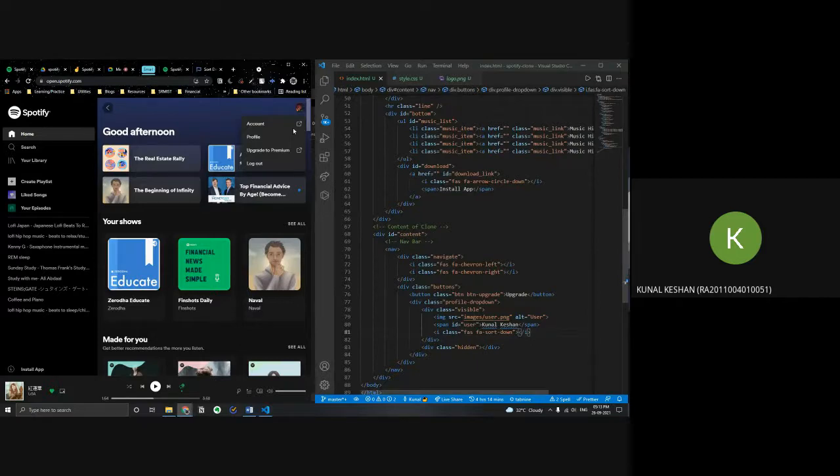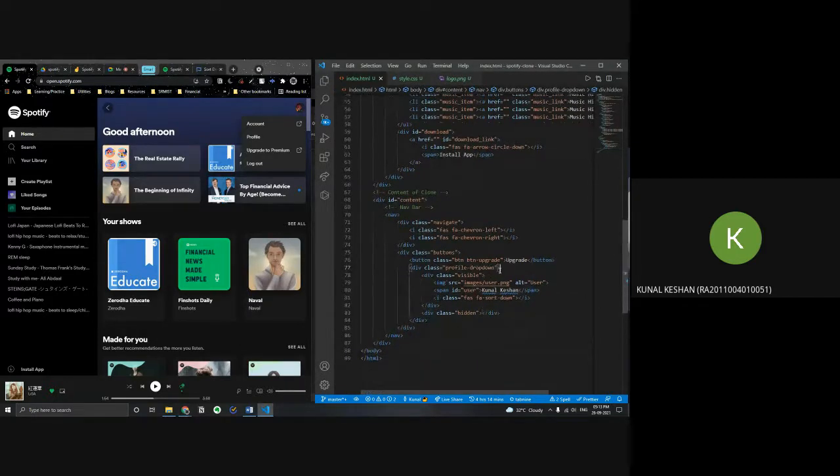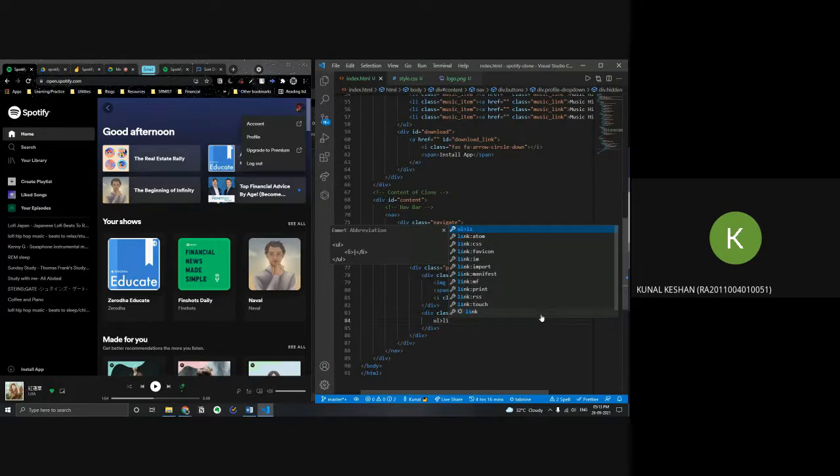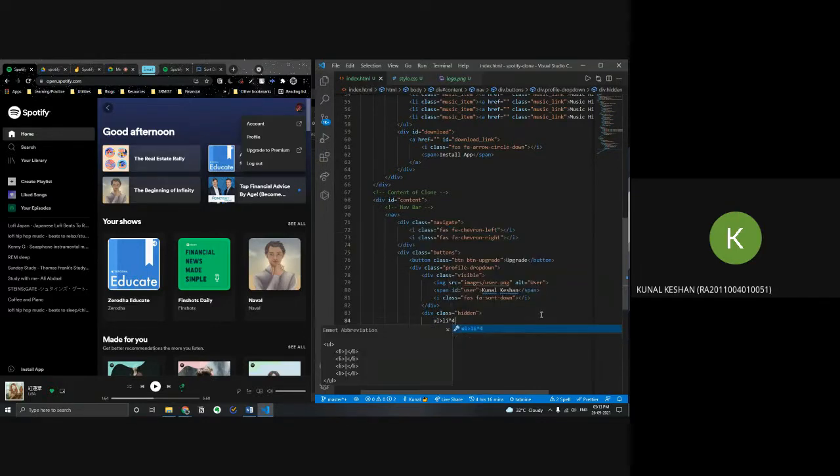Okay, so what we can do is go to the hidden part. There's a reason we have put it all within the profile drop down. You'll see right now. Within that you can put in a UL, and within the UL we have four LIs, or you can just put a class on them so we can style them. They are all links to another part, and we need four of those. Okay, so now we have it over here.